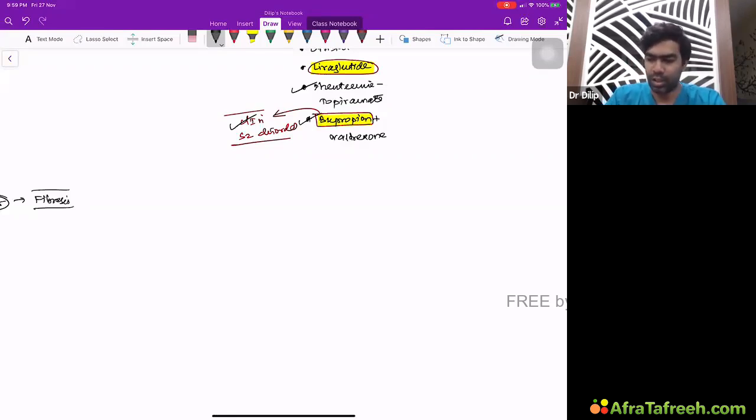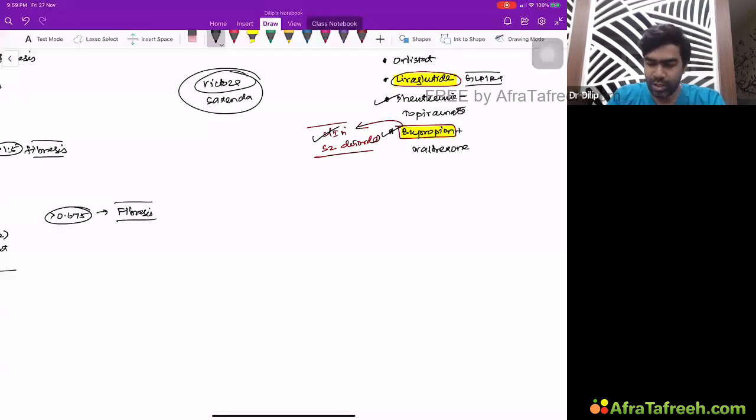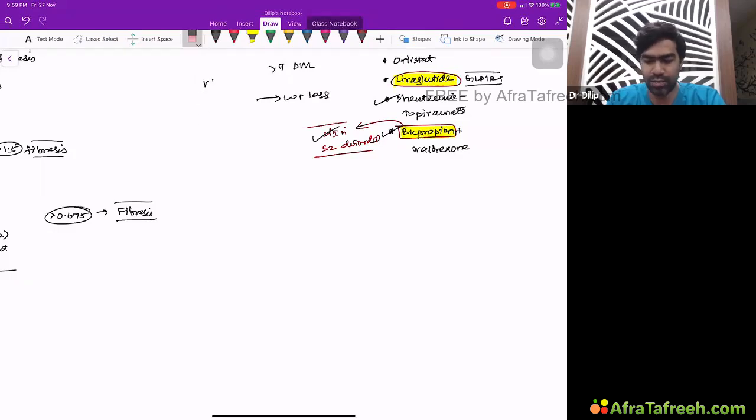Liraglutide is a GLP-1 receptor agonist, which is used for diabetes. If you really know the FDA-approved compounds for liraglutide, there are two brands available. One is called Victoza, and the second is called Saxenda. Victoza is approved only for patients with type 2 diabetes mellitus. Saxenda is the one approved for use in weight loss. But this is not needed for you. If you are an undergrad, definitely this is not needed. There are different formulations of liraglutide itself, but it is approved for utilization in weight loss.